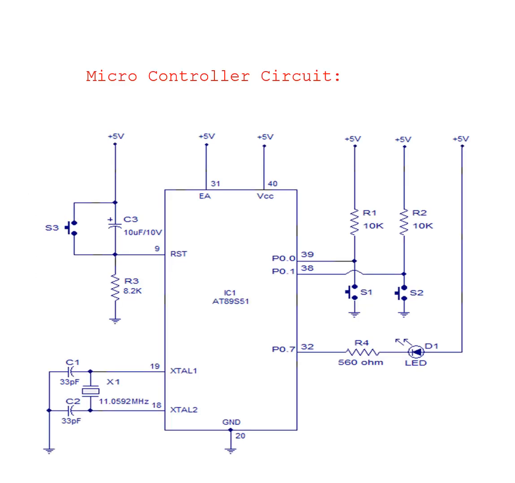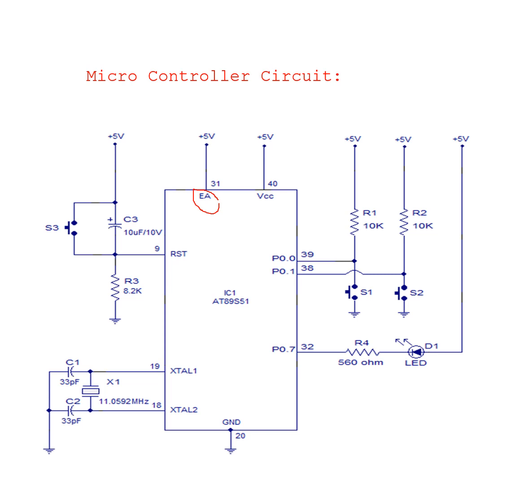Okay, now microcontroller circuit. How to make a microcontroller circuit? What is the important point here? There is a pin EA bar. This pin will be always connected to 5 volt because we never studied external memory, how to connect external memory. We are not connecting any external memory, so EA bar should be connected to 5 volt always in all circuits, because in our syllabus there is no external memory interface. EA bar equal to 1, 5 volt means there is no external memory.